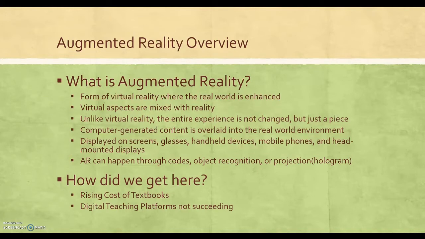And these two main reasons are, aside from, of course, the shift in the digital world where we live in general. The first main reason is just simply the rising cost and the inefficiency of textbooks. Textbooks, as we know, are a $1 billion industry, and they have been a $1 billion industry for many years.